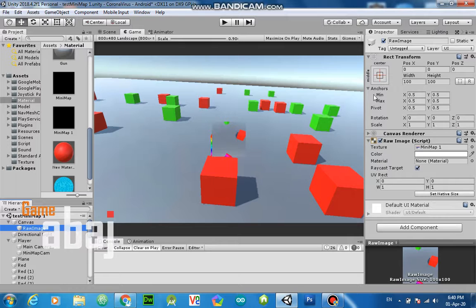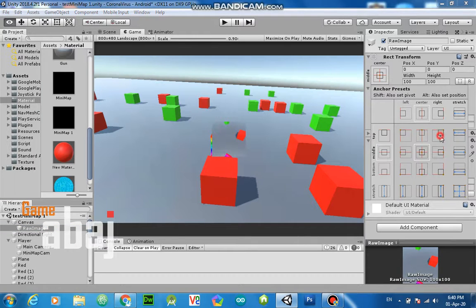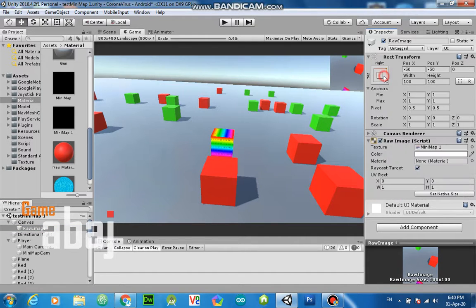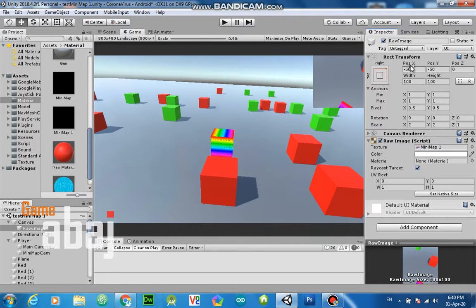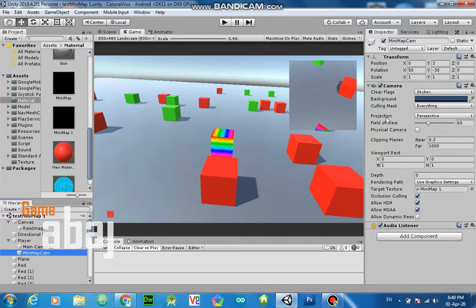For this to be in this corner, scale it down, and move the position and set it properly. Okay, now we go to our minimap camera and change projection to orthographic.